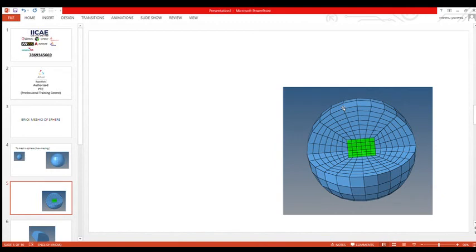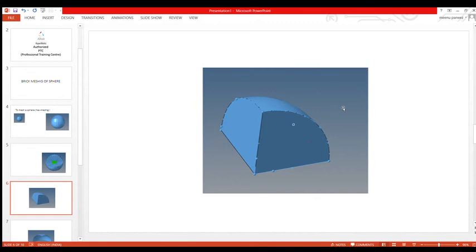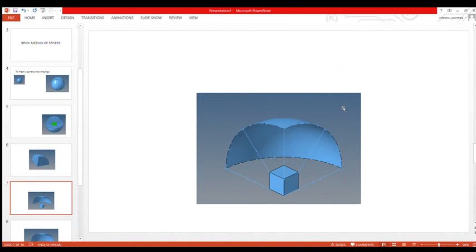To do that, first we need to make 1/8 of a sphere. Basically, 1/8 of a sphere is the fundamental unit for us, because it can be used to generate the rest of the sphere by following the reflect command, as it is a symmetrical part. To mesh the 1/8 of a sphere, first we need to create a cube in the center of the one eighth part, so that we can do the solid mapping for the faces that are being generated here.